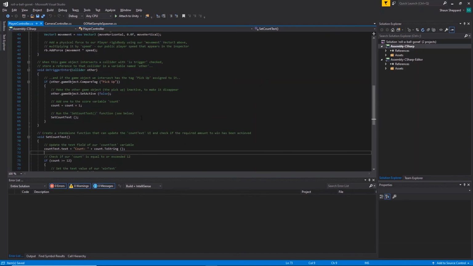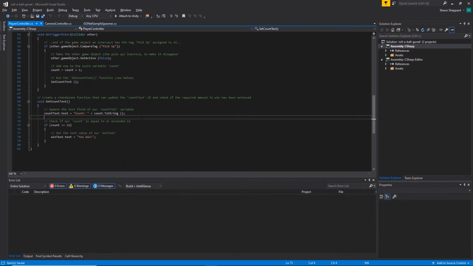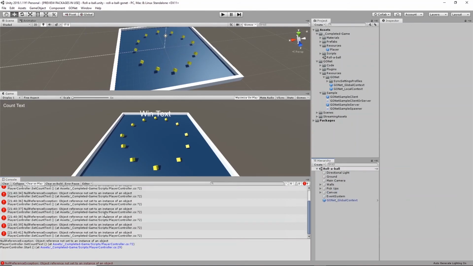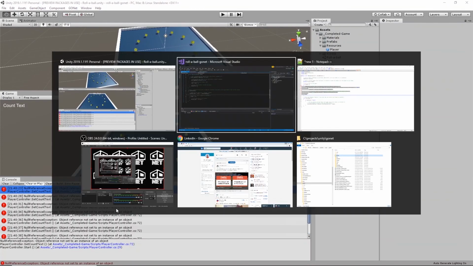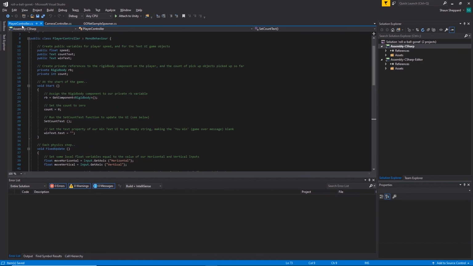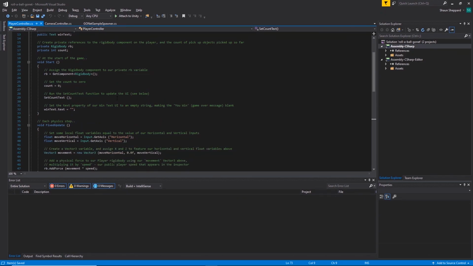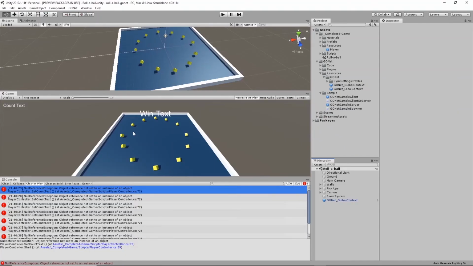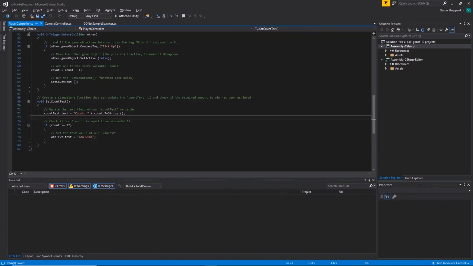So it seemed that every time the ball was touching one of those little special objects, what do they call it? I don't even really remember. Pickups, just pickups, okay. So when the ball was hitting a pickup, that's when these were starting to print. So the player controller has some logic in here, and it took us right here, if I'm not mistaken, to 72, yeah. So, oh, okay, well, count text,